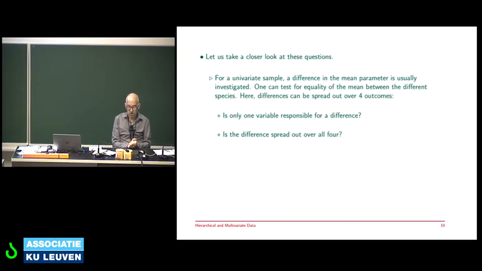Okay, so as I said, for a univariate sample, a difference can be estimated quite easily with a test for the 2 groups or the 3 groups. If I have sepal length and I have 3 groups, I do an ANOVA, a 1-factor ANOVA with 3 levels for that factor. Fine, you're done. But if you have sepal length, sepal width, petal length, petal width, is there a difference on